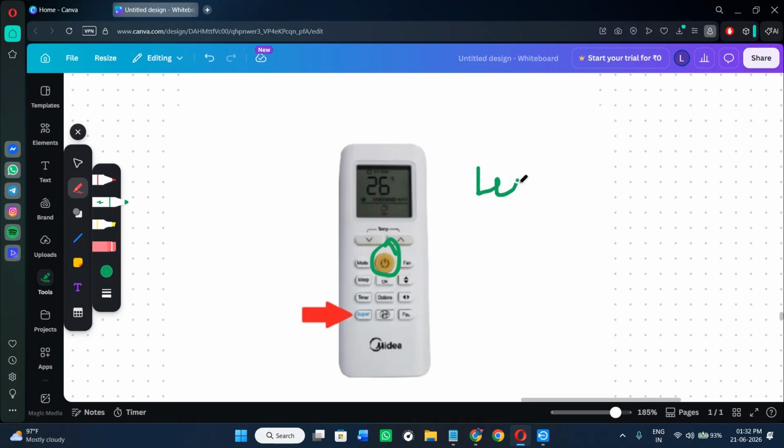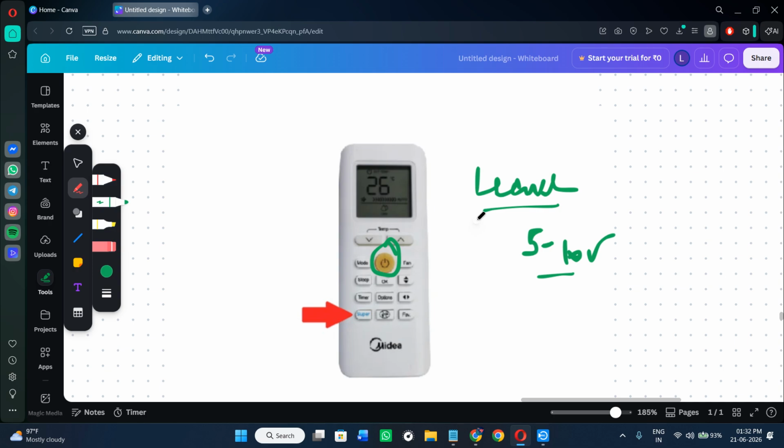Now after doing so, you just have to leave the unit without any power for at least 5 minutes minimum, and you can also take it to about 10 minutes. This allows the control board to fully shut down, and it will also clear many of the temporary communication and sensor related faults. Once you have done that, you just have to restore the power and turn the